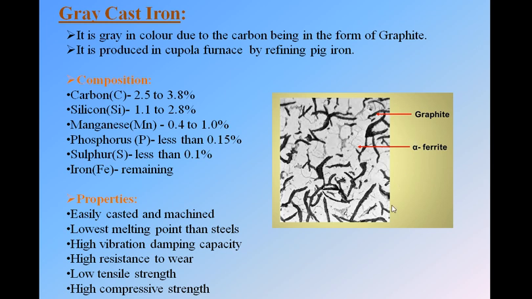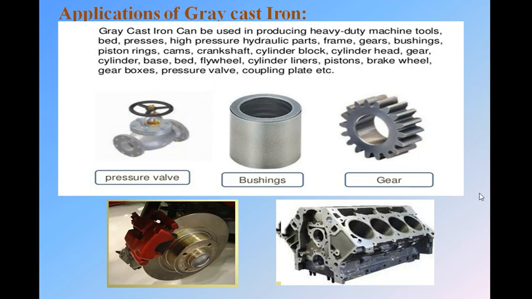Okay, next we will see applications. These are the applications of gray cast iron. Gray cast iron can be used for producing heavy duty machine tools, because it has high compressive strength. Then beds, presses, high pressure hydraulic parts, the frame, gears, bushings, piston rings, the cams, crankshaft, cylinder block, cylinder head,